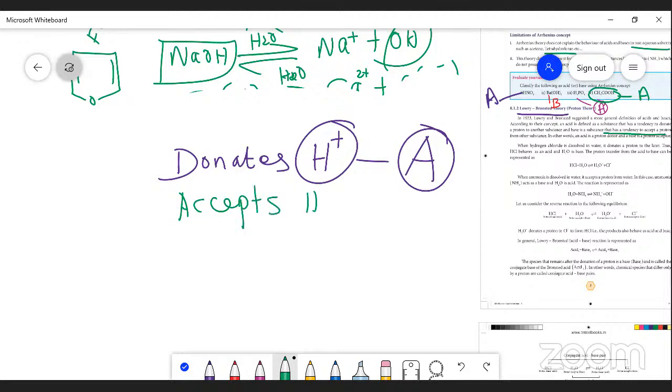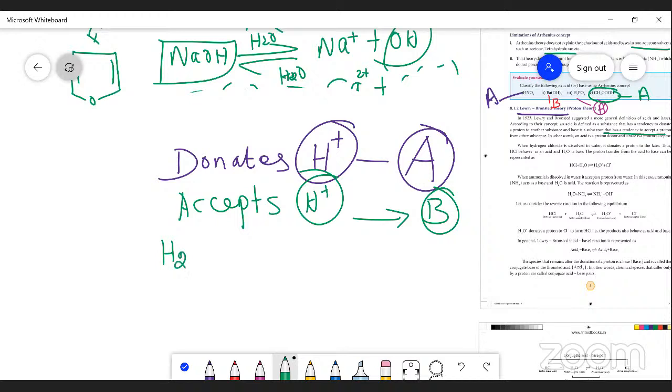The substance which accepts the H plus ion is called a basic substance. In one word, if it accepts a proton, that is called a base. If it donates or releases the proton, that is called an acid. For example, if you take the reaction between